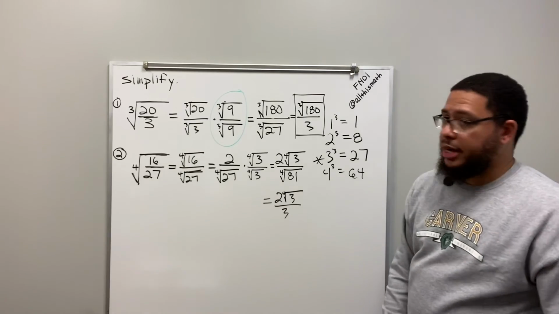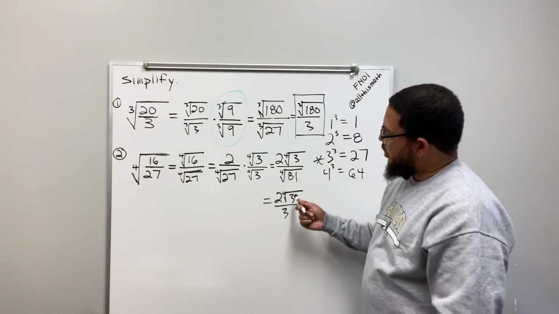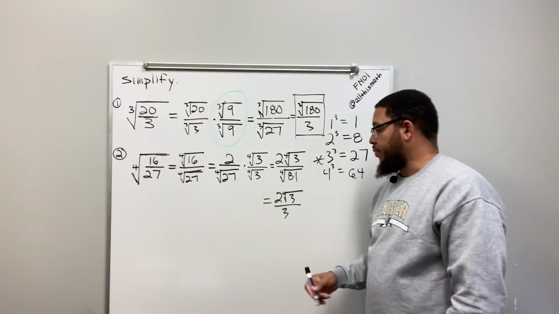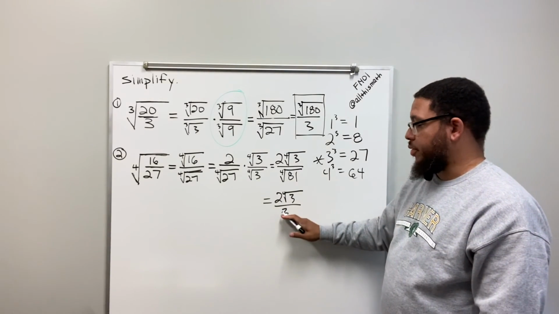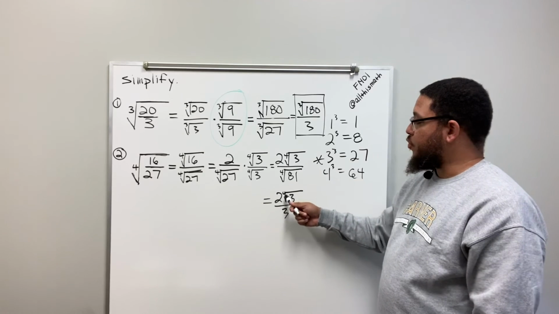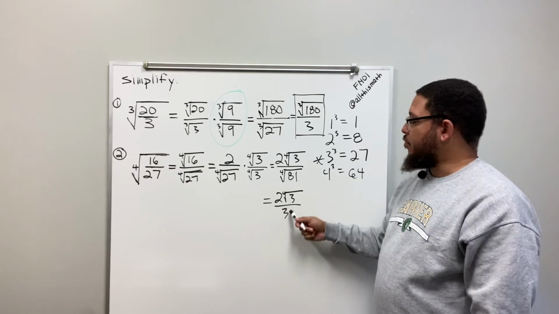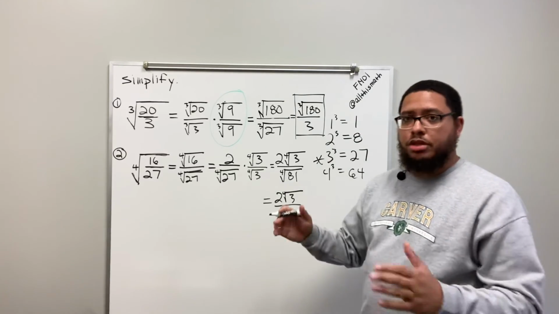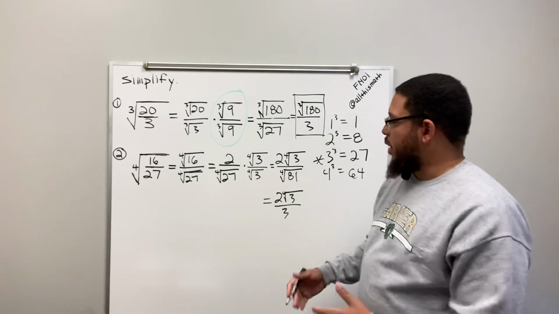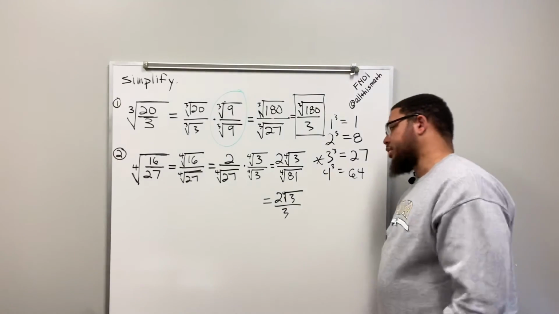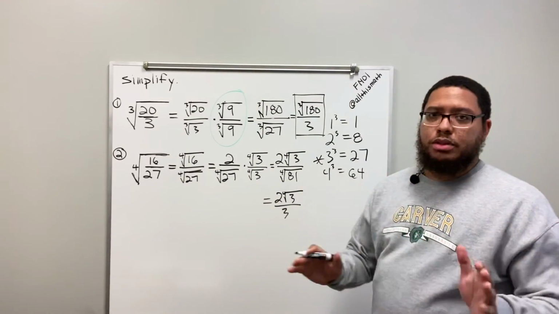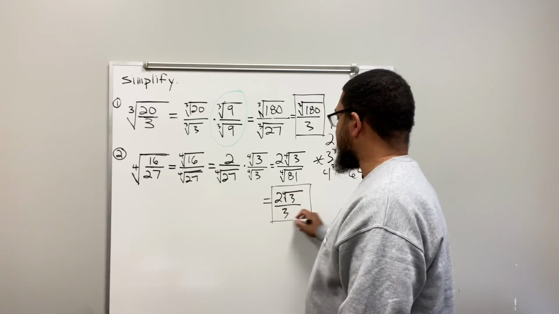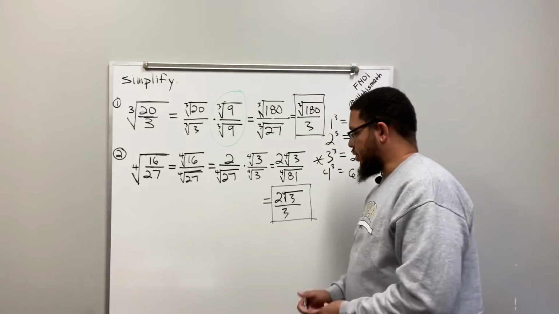And we good. And again, just like I warned you about in the last problem, don't try to do 3 divided by 3 and get 1. You can't do that because that's not really a 3. This is a regular positive 3, right? This is the fourth root of 3. You cannot divide these two numbers. We cannot do that, all right? So I know you're going to be tempted to do it. You might see that and say, oh, well, that's a 3 and that's a 3, let me just divide them. Okay, cool. No, don't do it. You can't do that. Don't even try it. All right, resist the temptation. All right, and that's the final answer to number 2.